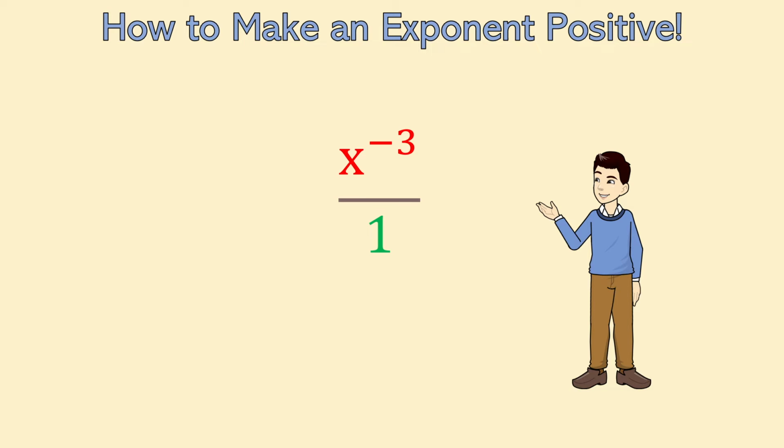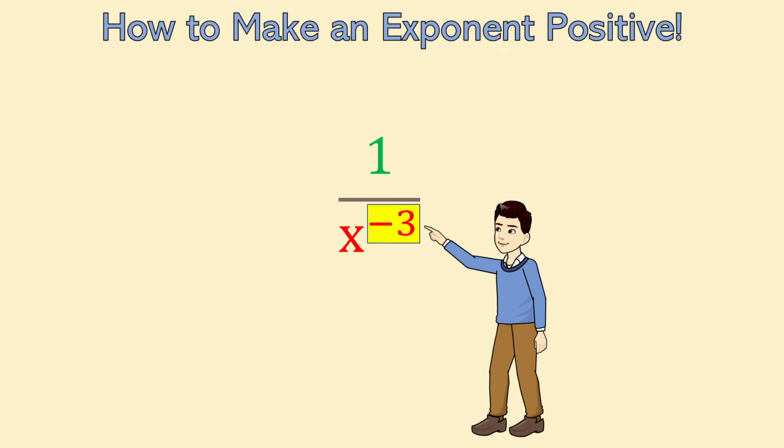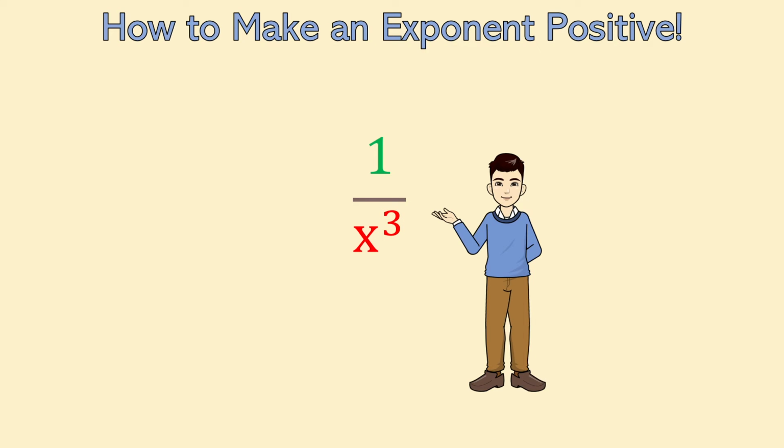It's easier that way. Now, all you have to do to make your negative exponent positive is take what's at the top of the fraction and bring it down to the bottom, and take what's at the bottom of the fraction and bring it up to the top. Once you've swapped the top and the bottom components of your fractions, you get to take that negative exponent and make it positive. That's it. That's how easy it is.